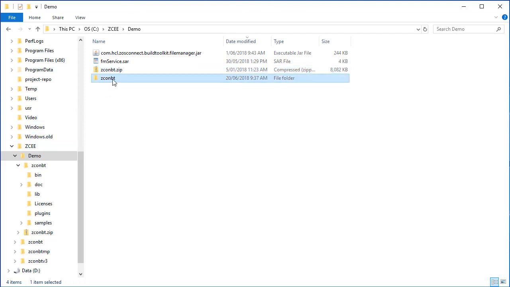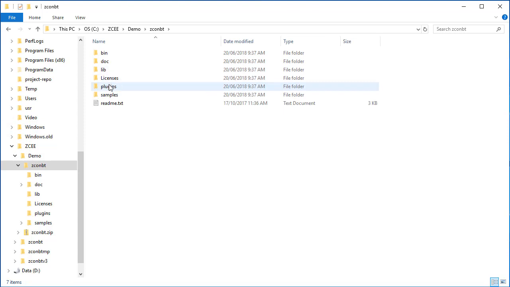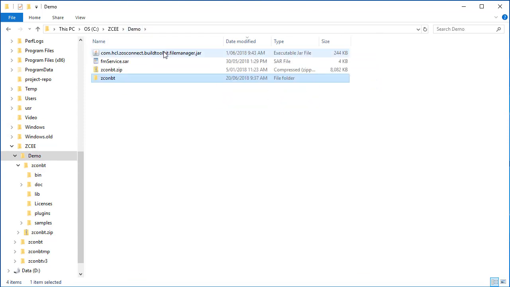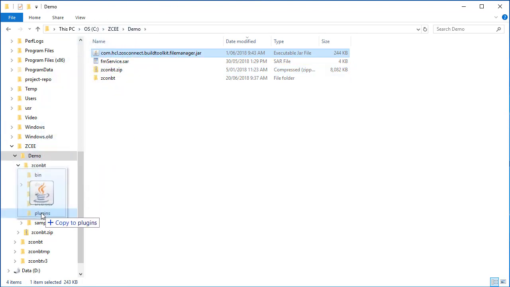The File Manager plugin can be used to create your own SAR files that map response data to a specific File Manager template or copybook. If you plan to use the plugin, it must be copied to your ZCon BT environment, which can be Windows, Linux, or ZOS. Whichever environment you choose, the provided plugin.jar file must be copied to the ZCon BT/plugins directory in